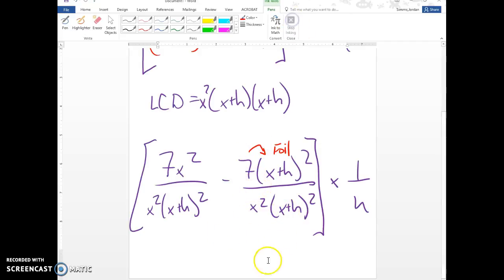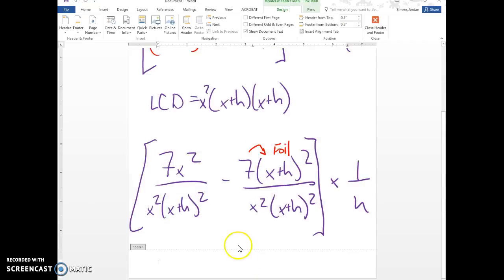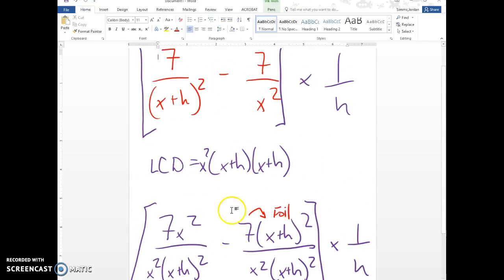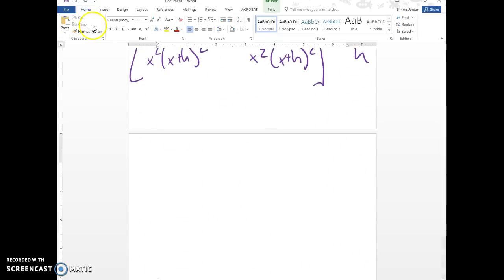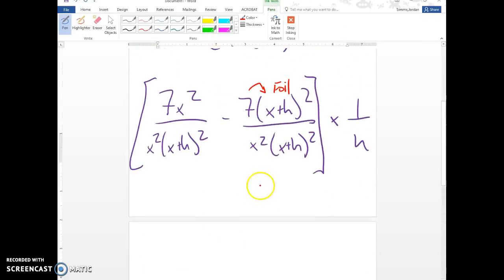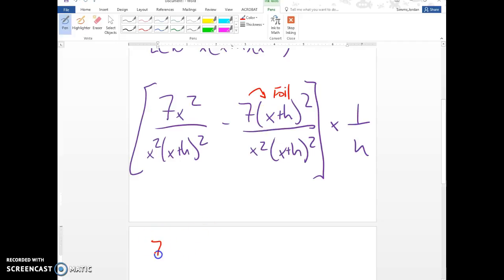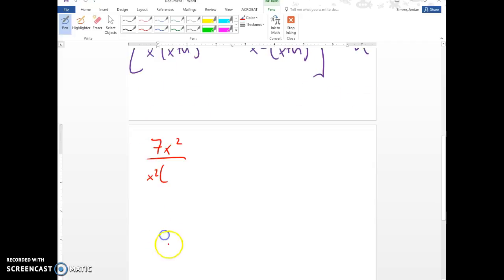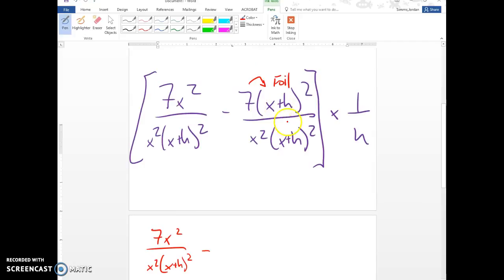So, need some more room. Need a lot more room on this one, eh? Alright, so let me just rewrite the left term: 7x squared over x squared times x plus h squared. We're going to subtract that from, now when I FOIL this out, I'm going to get